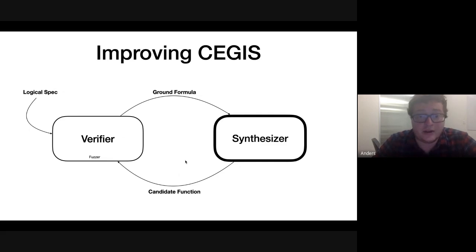What we would really like is that when we generate candidate functions, it's not just any candidate function. Let's say we have a specification talking about 0, 0 in our ground formula, but our original logical spec discusses singleton 0. When I make a recursive call to singleton 0, if I only looked at the ground formula, I could return anything. But I can go back and look at the logical spec, and say that even if according to the ground formula we can return anything, anything that returns 0 would eventually be wrong. So let me integrate the logical spec with the ground formula.